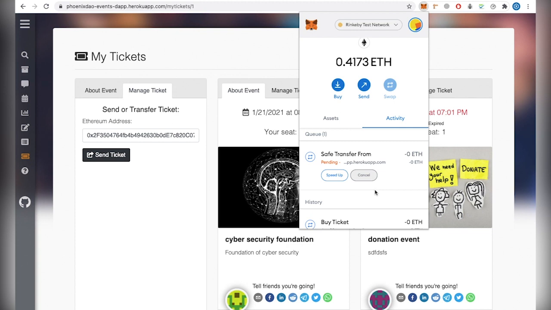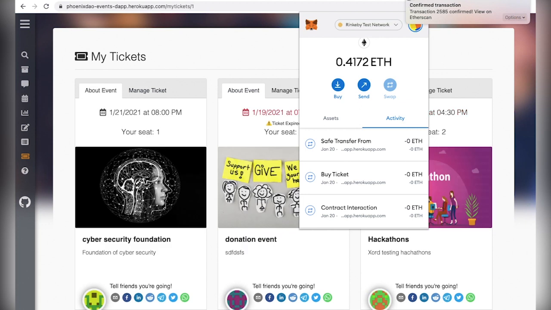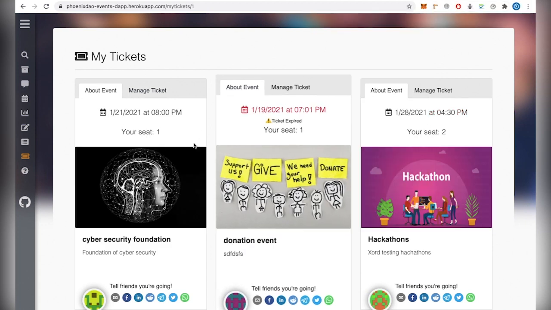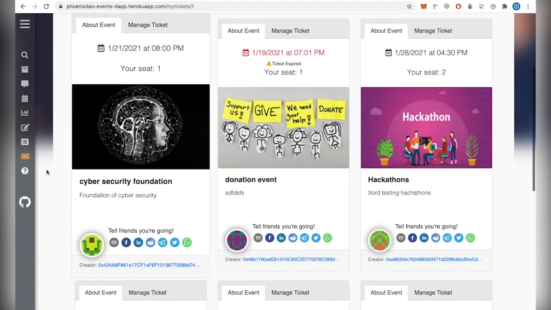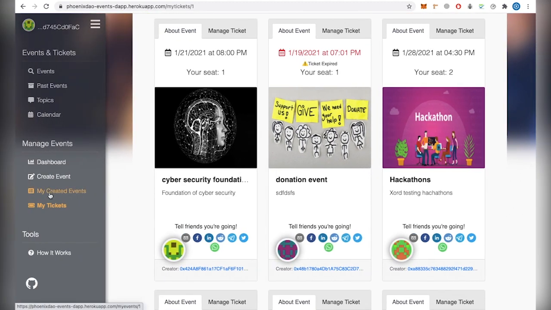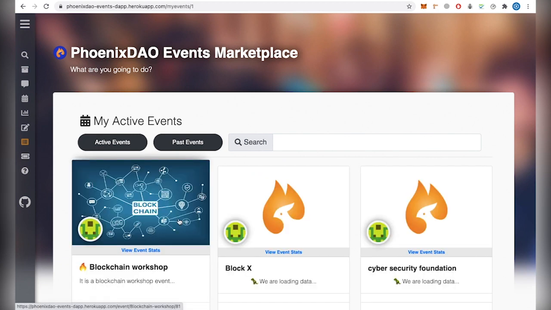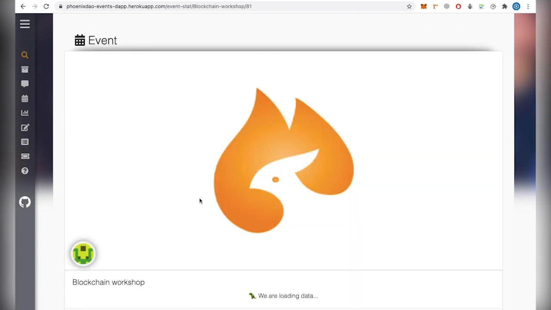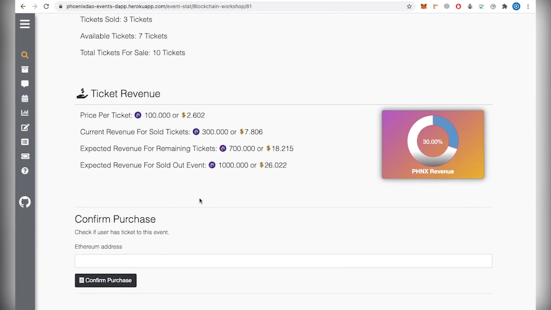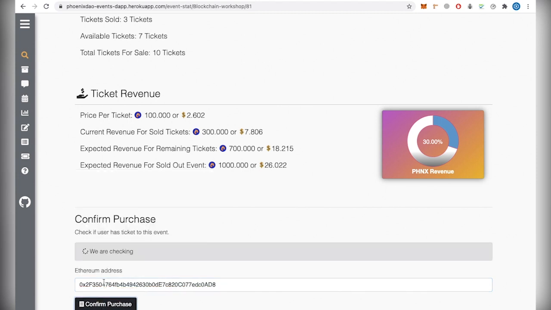Once it's done, we will check if the user has received a ticket or not. Okay, the ticket has just been sent. So let's check if the person has received a ticket. Let's move back to my created events, view my event status, and I have already copied the public key of that user, so I paste it here and see if he has a ticket or not.